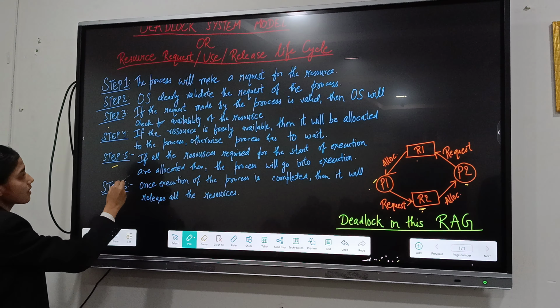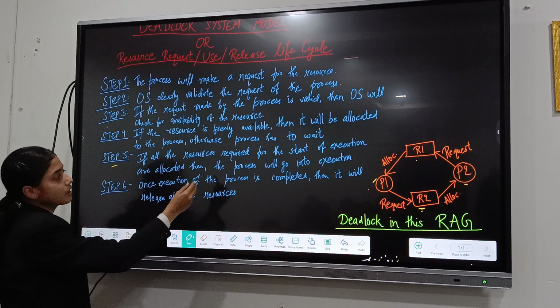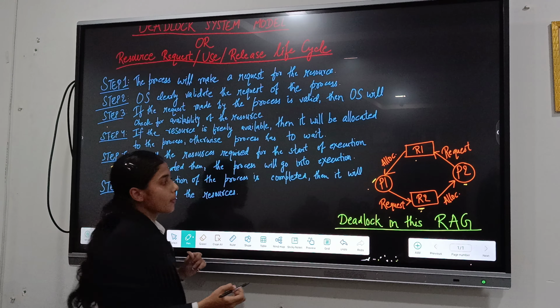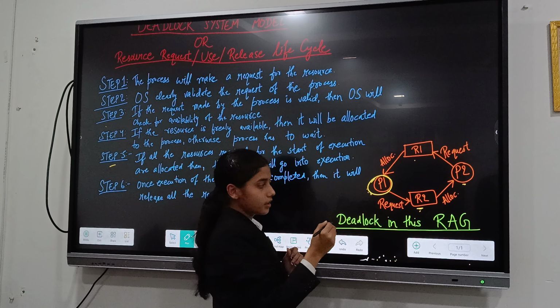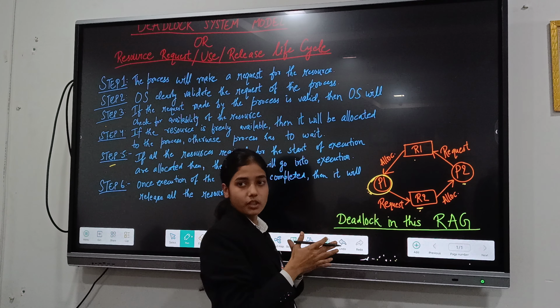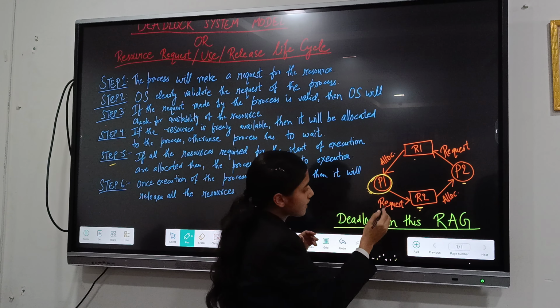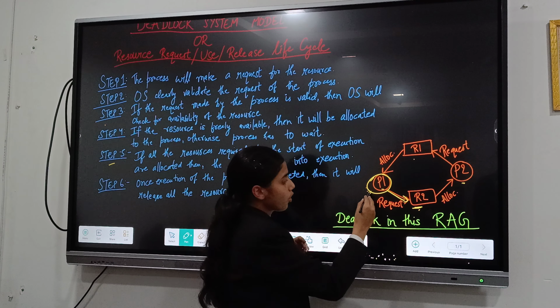So the next step is, if all the resources required for the start of execution are allocated, then the process will go into execution. A process like, say, P1 will go into execution only when it gets all the resources which it needs for its execution. Like here it is requesting for resource R2, but it is not freely available, so it will not go into